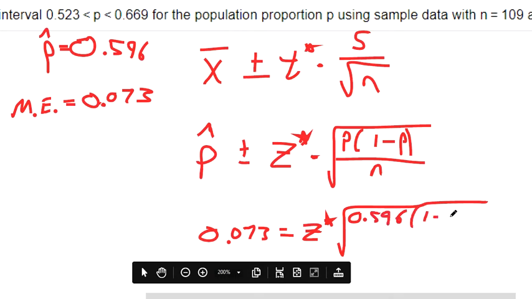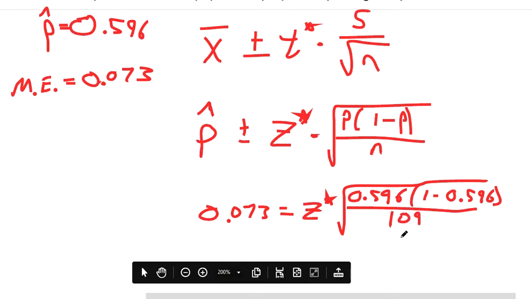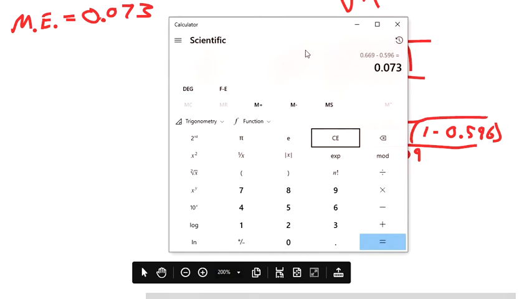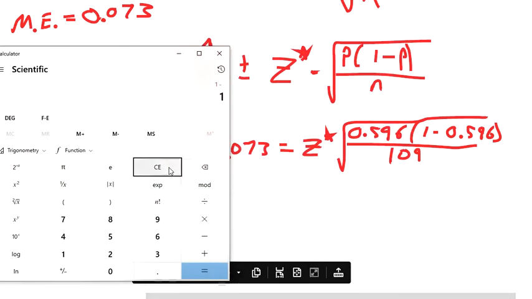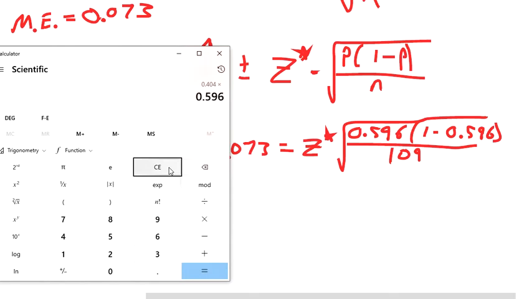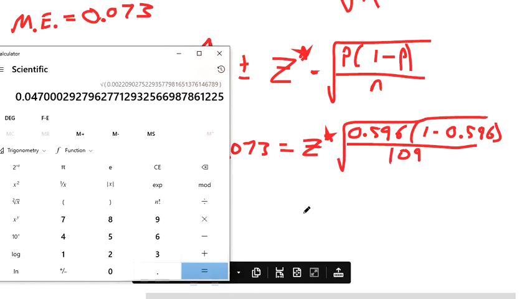Then it's 1 minus 0.596 divided by n. There's 109. So let's do some calculator work here. I'm going to do 1 subtracted by 0.596 first, and then multiply that by 0.596, then divide it by 109, and then take the square root. So you get